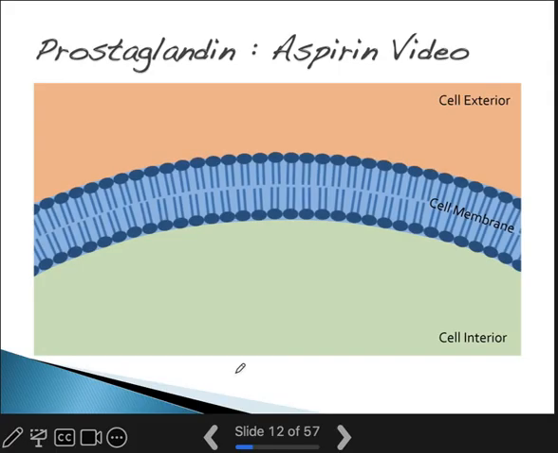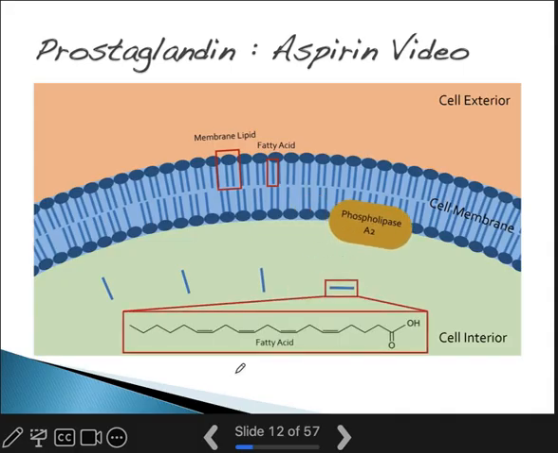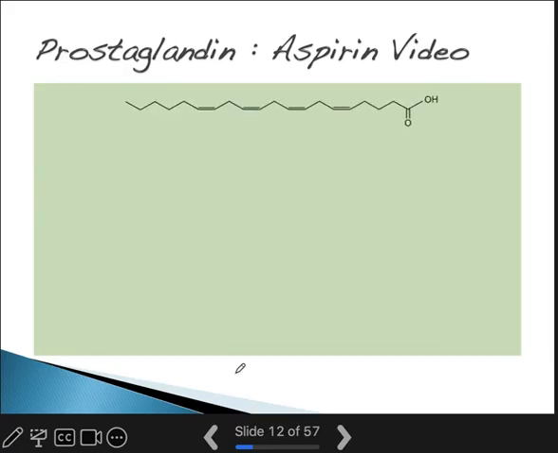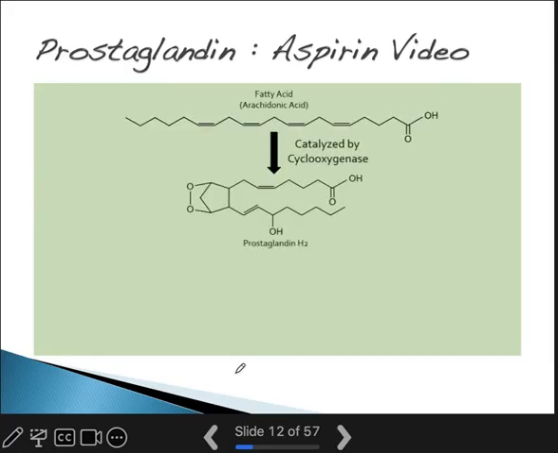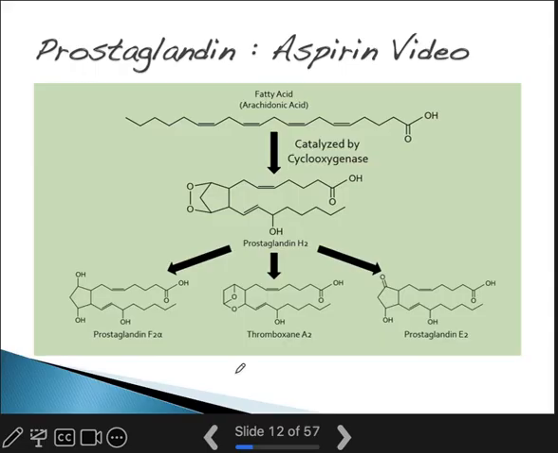Prostaglandins are derived from fatty acids in the cell membrane. These fatty acids are cut off of membrane lipids by an enzyme known as phospholipase A2. Afterwards, an enzyme called cyclooxygenase, as its name implies, creates a ring in the fatty acid and adds some oxygens to form an intermediate prostaglandin, which is further modified into a variety of different prostaglandins with an incredible diversity of